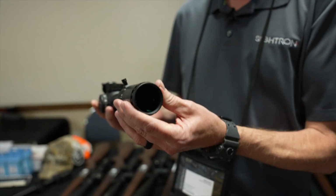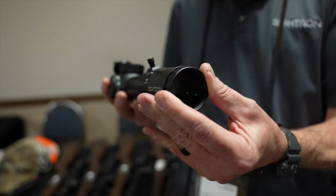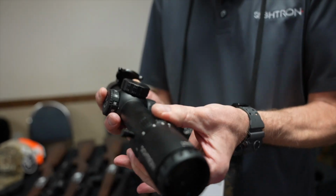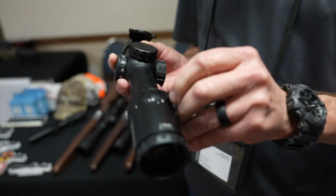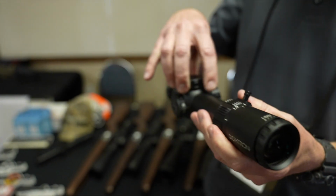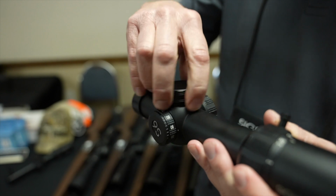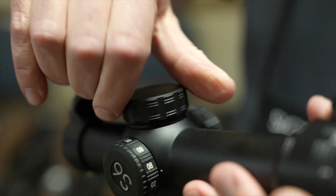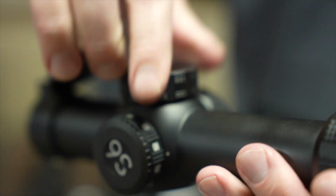So when you're looking through the viewfinder, you've got a fast focus eyepiece or a precision focus eyepiece to customize it for your sight. You've got a 1-to-6 zoom lever with a removable throw lever, which you can take right off, and capped tactical turrets. Now this product is going to start shipping in probably December, and we're looking at around a $1,599 price point for